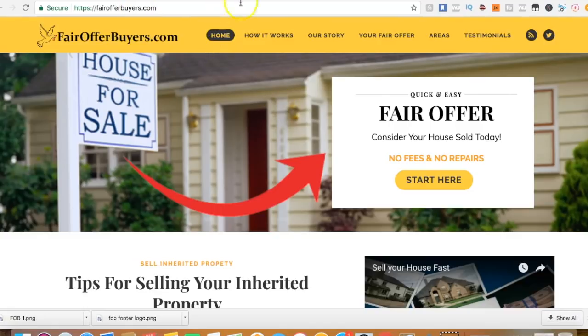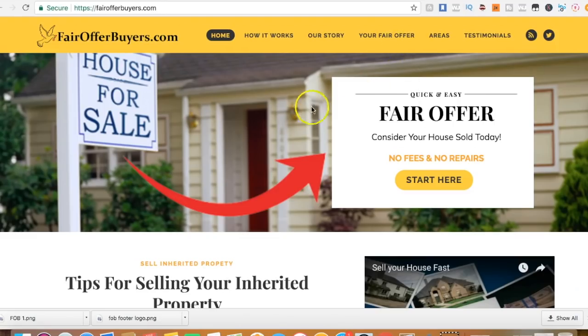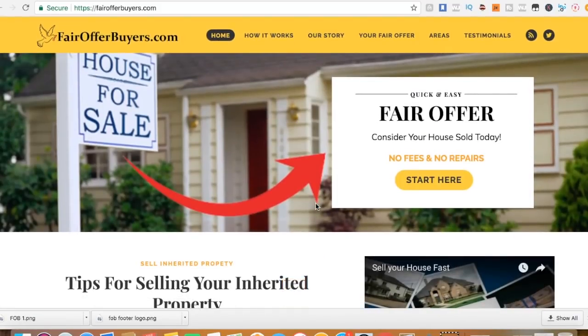Alright, so here are some funnel ideas that I want to do for real estate. This website here is a real estate website. It's targeted towards real estate sellers, so I'm trying to make offers on homes to sellers for their homes. This website is targeted towards that, and a lot of the blog posts are targeted towards helping sellers sell their home. But I want sellers to be able to take a specific action,